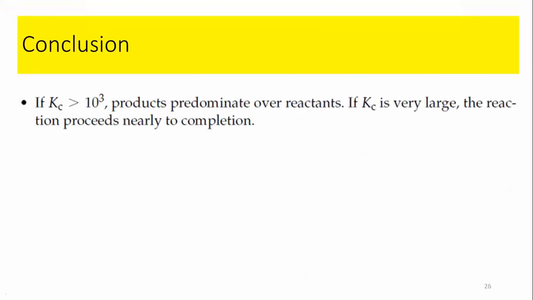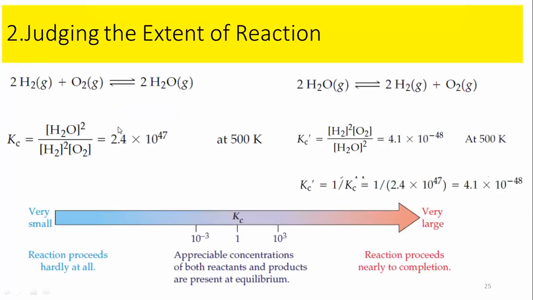What would the first one be? If the value of Kc is greater than 10 to the exponent 3. Greater than exponent 3 means we are talking from here up to any value. So I am taking as a limit of the equilibrium constant from exponent 3, that means 1000, up to any value, and this is also included. Maybe this is at the end of this line, the arrow.